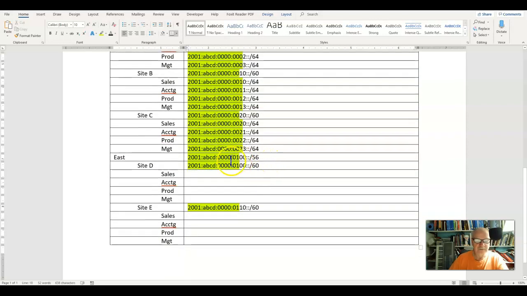Okay, let's go on down to this one. This will be on the east side. So I'm going to go ahead and copy that. The first time I copy it, I'm going to fill in this green just to help myself remember. I'm now working out in the 64s. The 0th, the 1, the 2, and the 3 network.